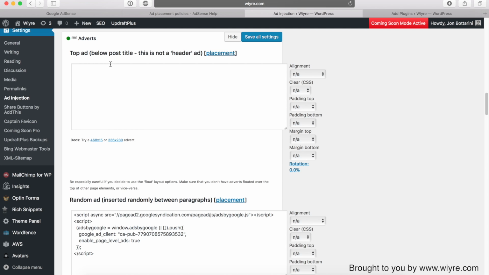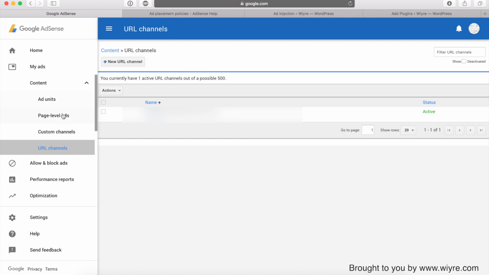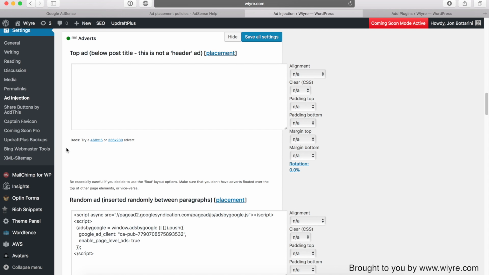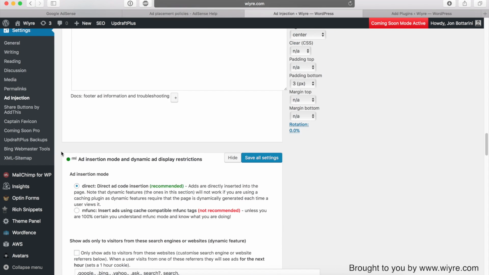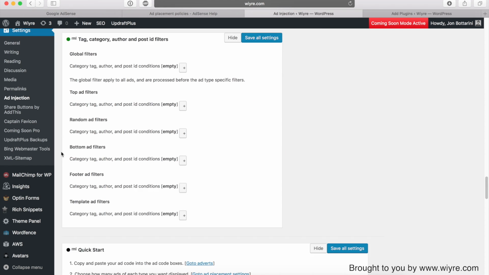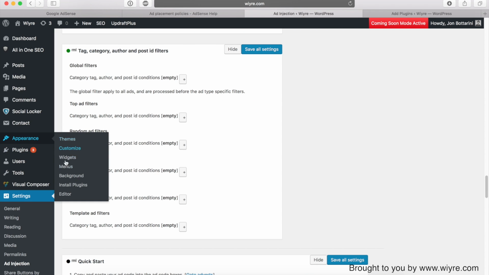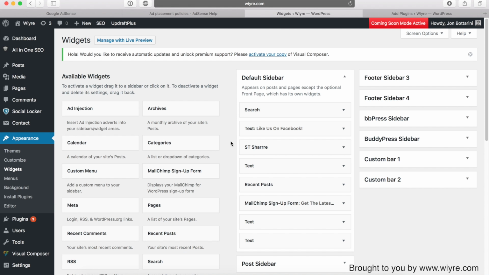But remember how earlier in the AdSense dashboard, under my ad units, I had this listed as a sidebar. So it makes sense that I just want to put this in the sidebar of the page itself. Well, ad injection doesn't have any sidebar options. So what we can do instead is go to Appearance and then go to Widgets, and in Widgets I made a text button,